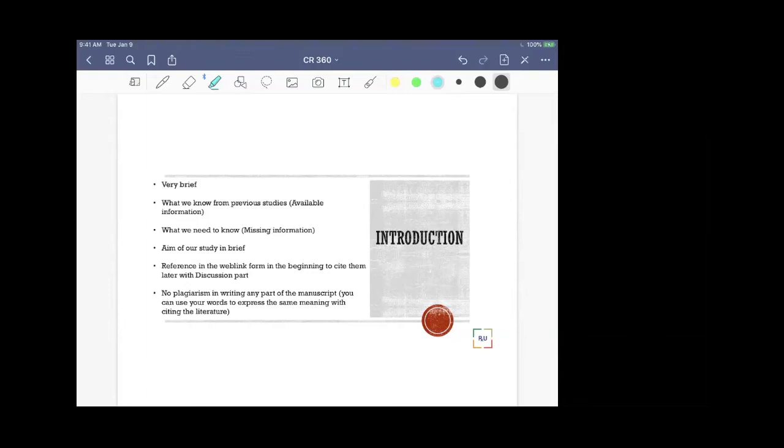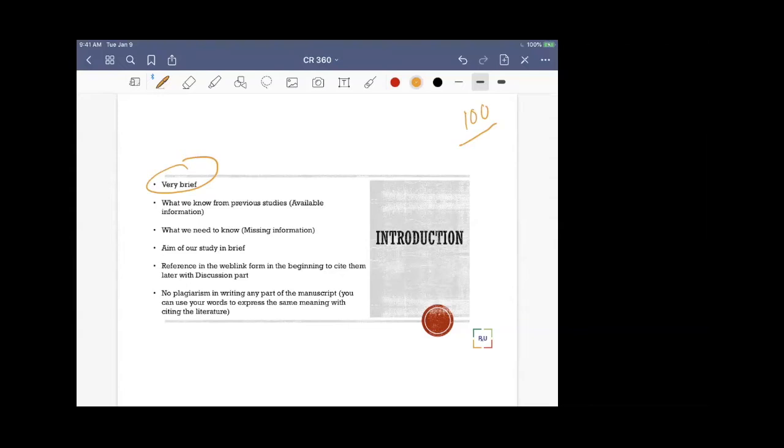Now, the first important point: the introduction is a very small section of the manuscript, a little bit important but not that important. So you need to be very brief. You should not waste extra space on the introduction if it is not required, because if you are submitting a brief article or a research letter, you are not going to get more than 100 words. 100 words is less than 6 or 7 lines. Aims and objectives will cover 3 lines of it, right?